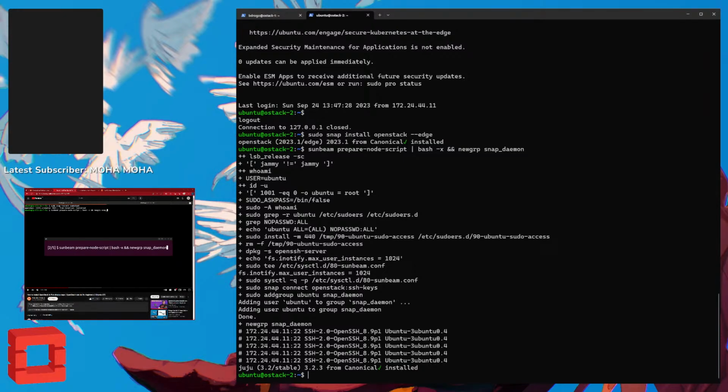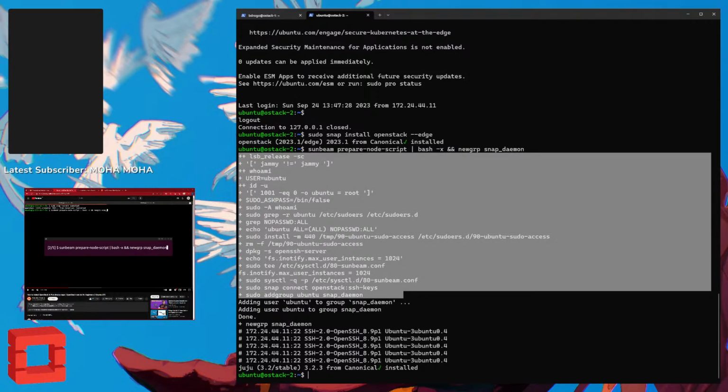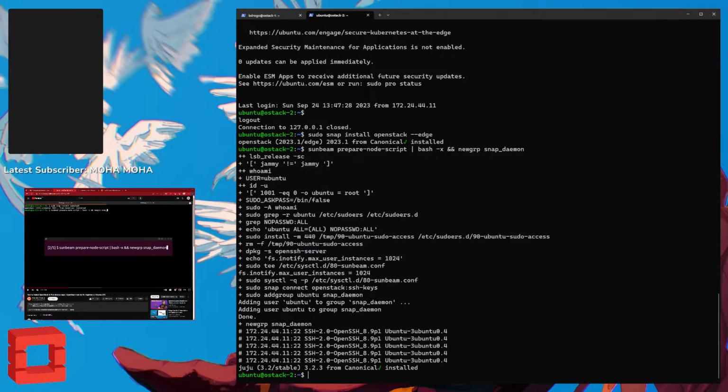So as you can see, the prepare node script gets piped to bash, and basically those commands get executed, right? So we have that done, and our next command is the big one, the hour-long one. So this is why I wanted to start things off with this. So now we can go with Sunbeam cluster,